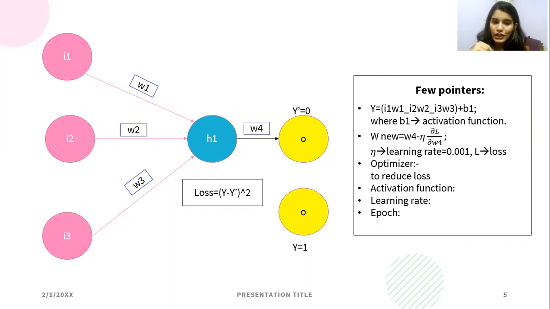After the input features go in, these two steps happen. We multiply the input features with the weights, and take the summation of these plus a bias, and an activation function will also be there, which will give us the output. As you can see, the formula is written for that: y equals I1 W1, that is the first input into the first weight, plus I2 W2 plus I3 W3. All these plus the bias, passed through an activation function, will give you the output, right?